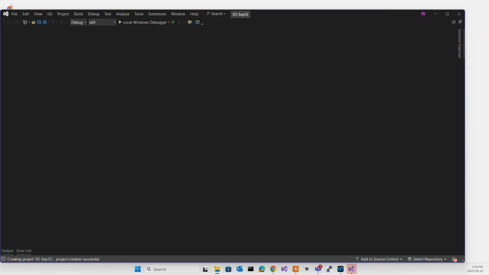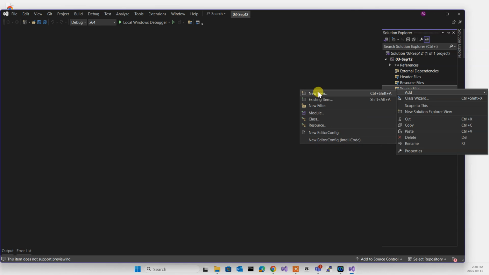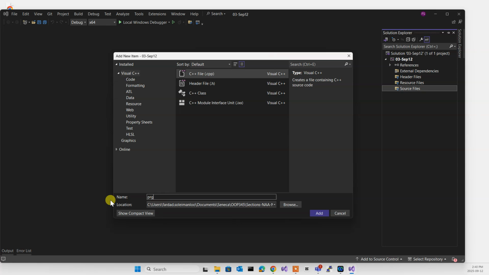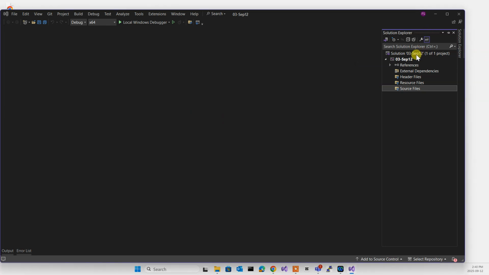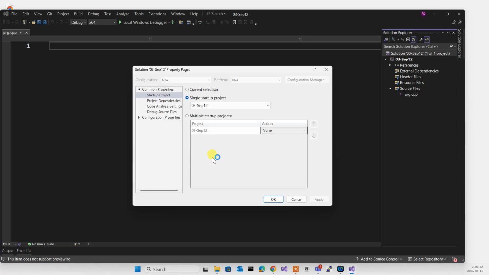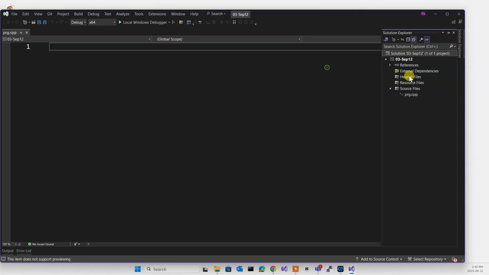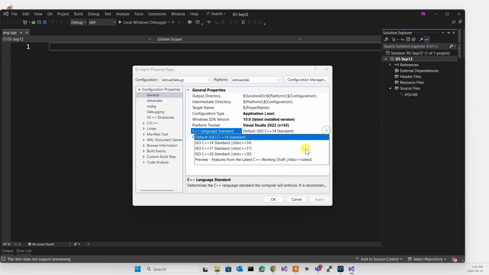Copy. Okay, as usual, create a new item, prg.cpp, and set the property of the project to have the C++20 standard.